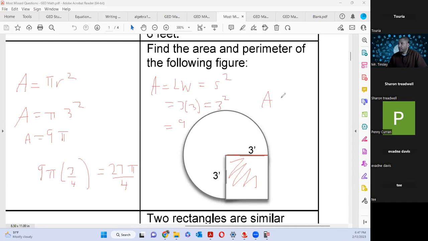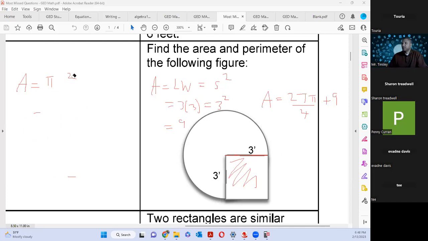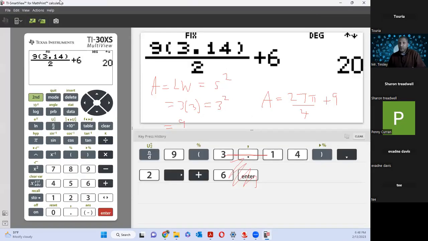So our final area is 27 pi over 4 plus 9. And again, we're going to use our calculator. Actually, what I'll do is I'll just erase this left side and bring the calculator in. So when you have a combined shape like that, which you probably will get, it probably won't be anything this hard. They're probably going to give you a rectangle and a circle, or a triangle and a square. Just remember,